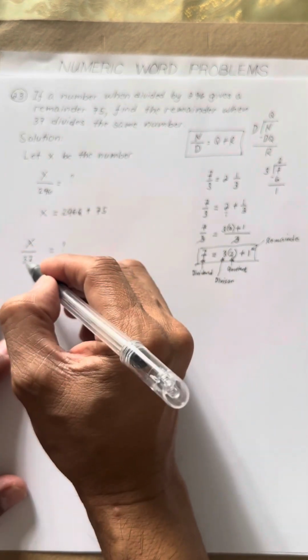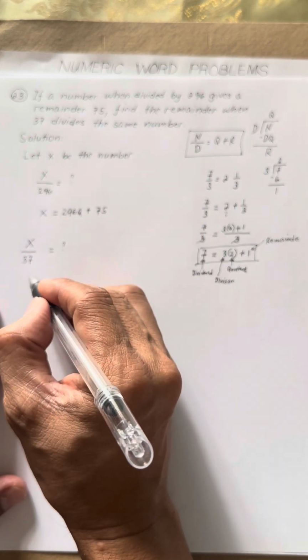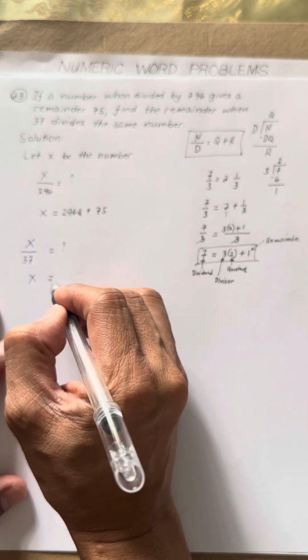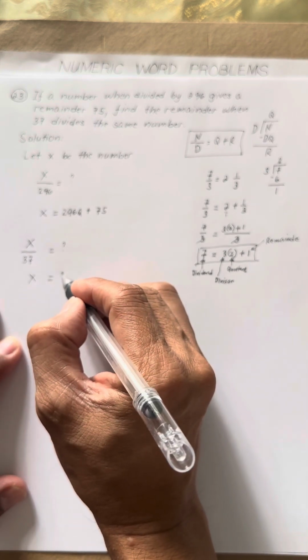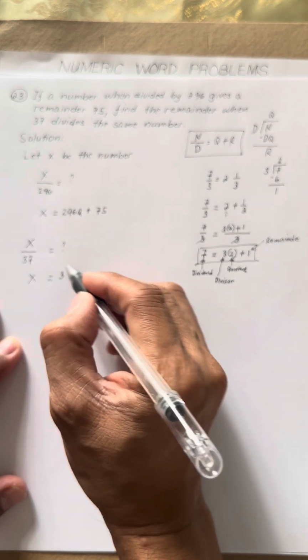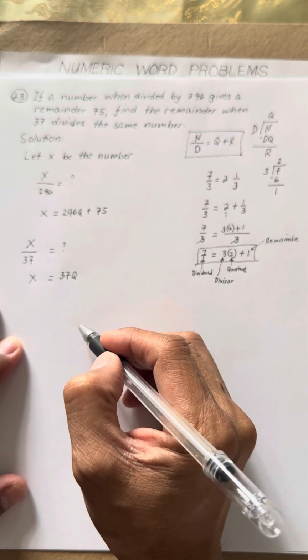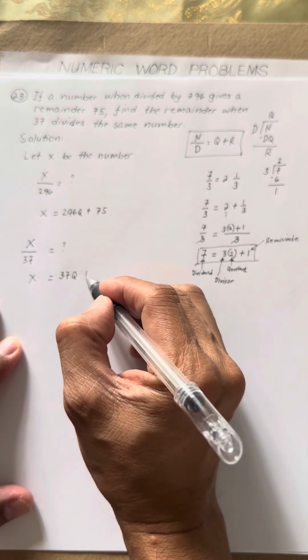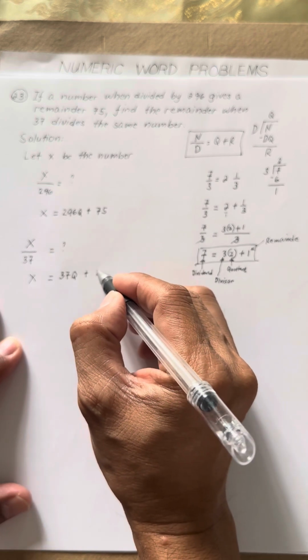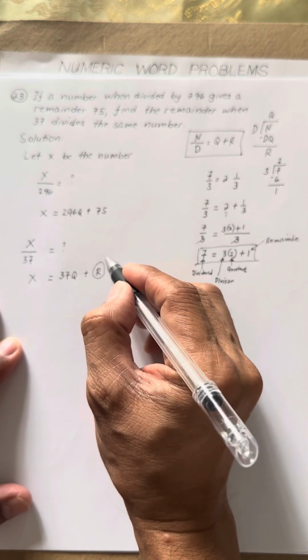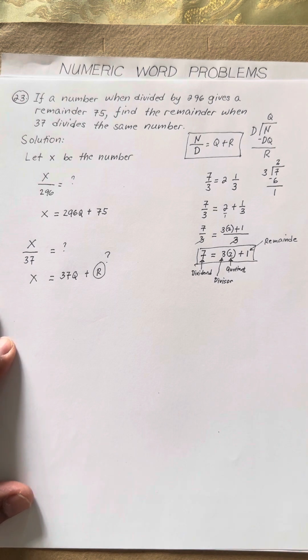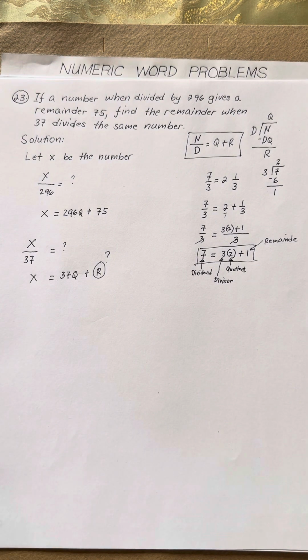Expressing this similar to this one, it can be written as x equals the divisor 37 multiplied by the quotient q, then plus the remainder, which is the one that we are looking for. Right, so how will we solve that? So q,